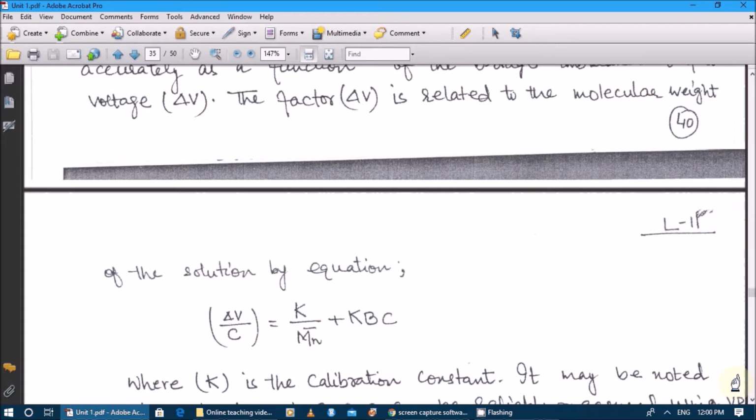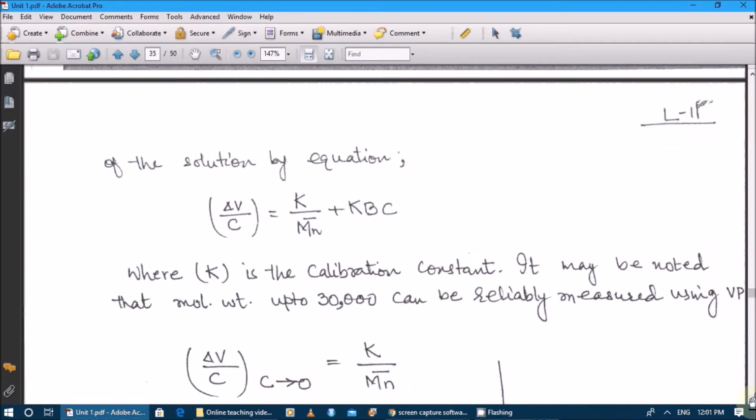We were discussing the vapor phase osmometer, and we have seen that when solution and solvent droplets are kept on the thermistor attached to the Wheatstone bridge, then the difference in temperature can be estimated in terms of voltage across the thermistor, delta V. So from that we will continue, and this is related with the help of the equation delta V by